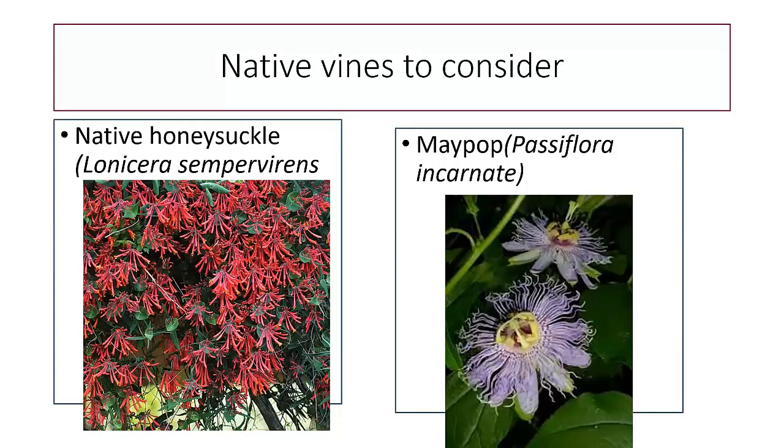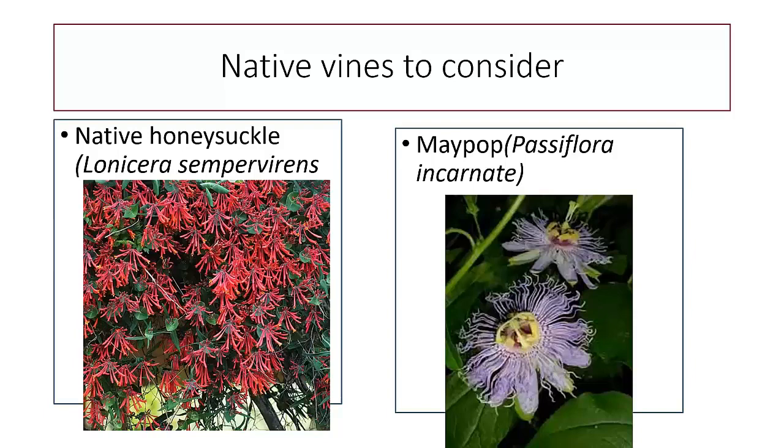It can be aggressive. Notice I use the word aggressive, not invasive, because it is a honeysuckle. And so if you want to cover a fence with it, it's great for that. Hummingbirds love it. It's really a very beautiful plant. You just want to keep an eye on it because it can kind of take over. The maypop is one of the vines that's really unusual, and it is a native. It will produce a fruit that